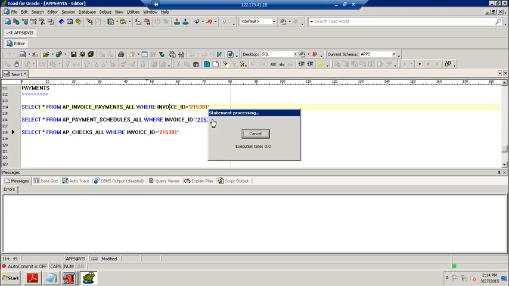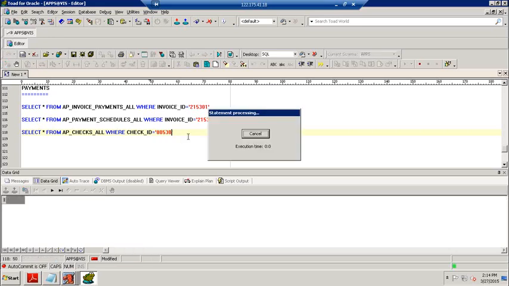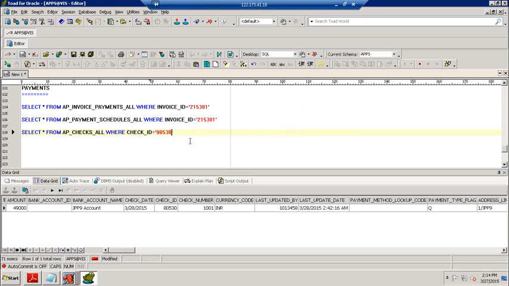Oh, sorry. Here we find the check ID, right? And here we can give the check ID, 80530. Now it shows us the check information. And also here we have a bank account name, and we can find out the bank information.